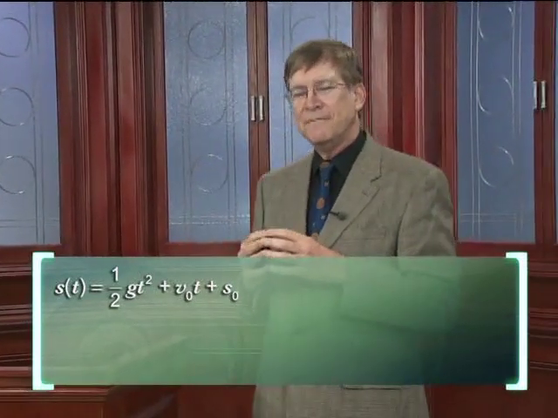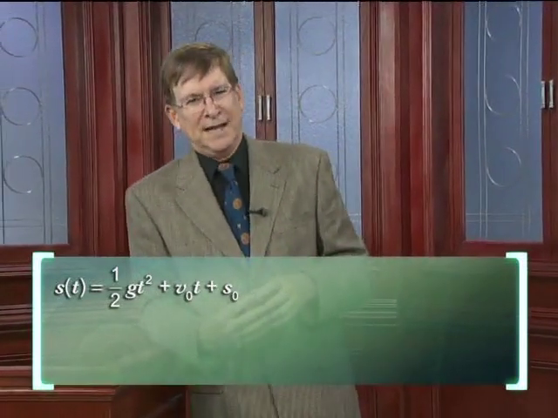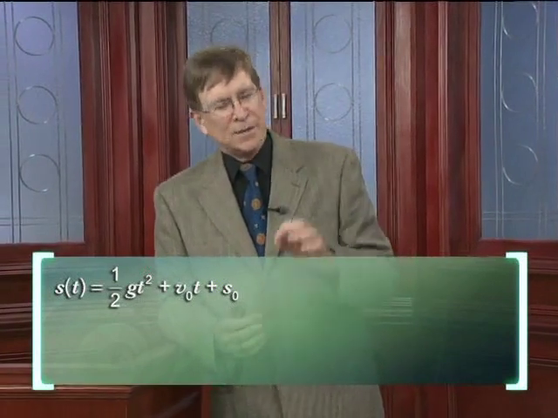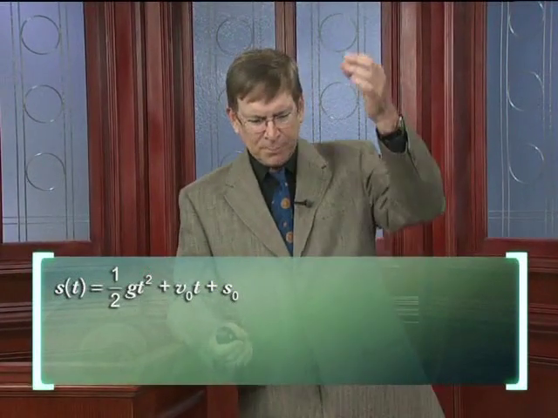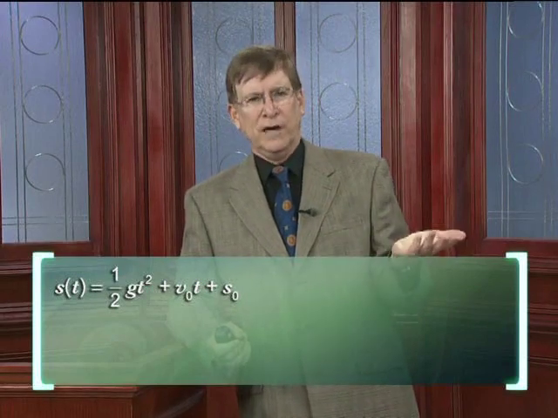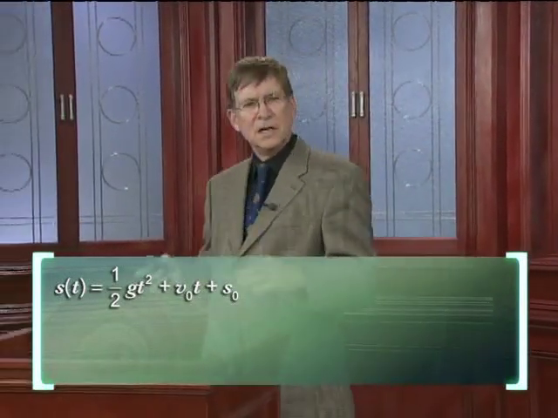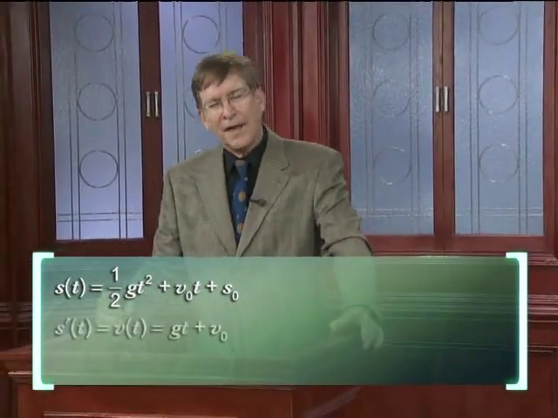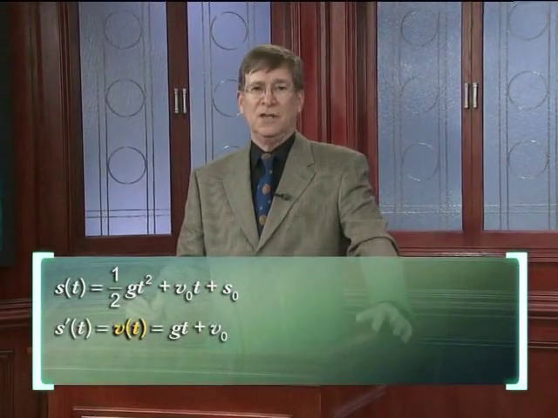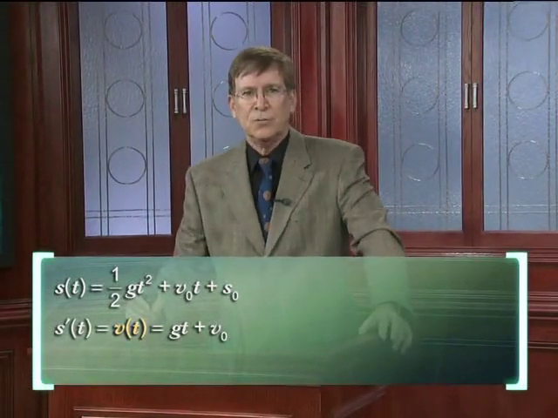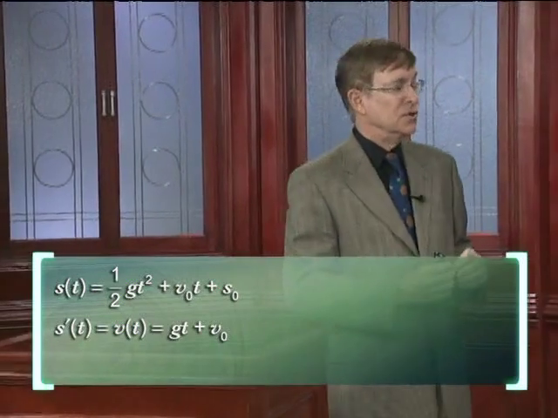You recall that we developed the formula for a falling object last lecture. It was the position function of a particle under the influence of gravity, and we're assuming no air resistance. That was given by 1/2 gt squared plus v sub 0 t plus s sub 0. And the first derivative, which was the velocity of our falling object, would be gt plus v sub 0, and